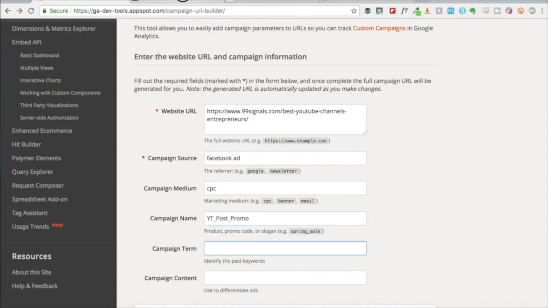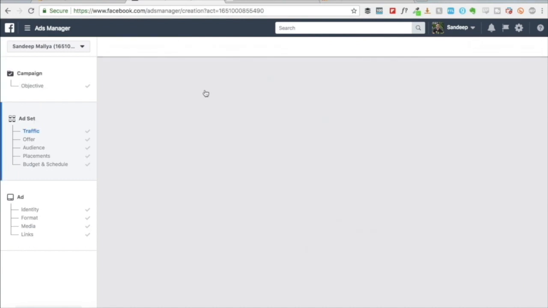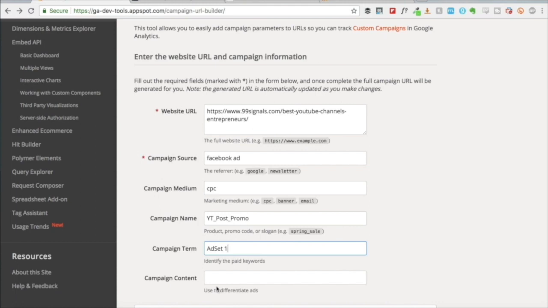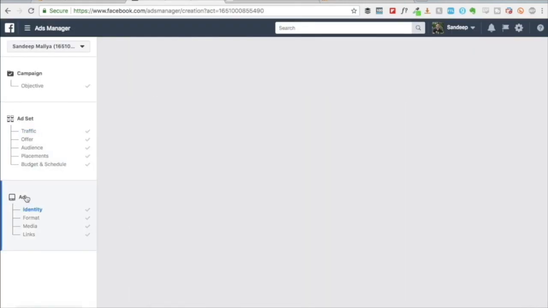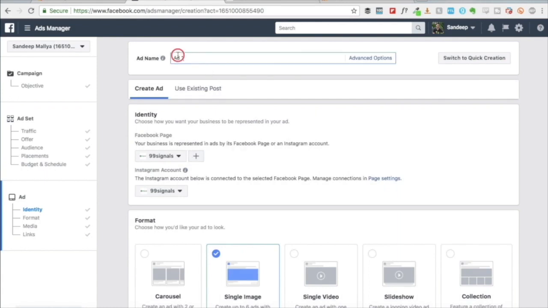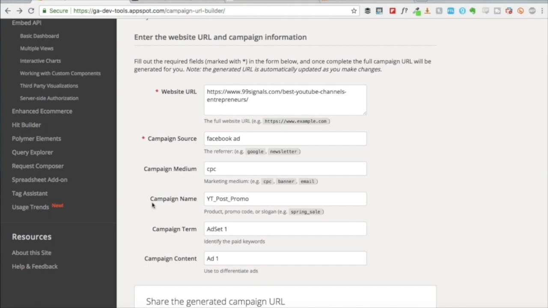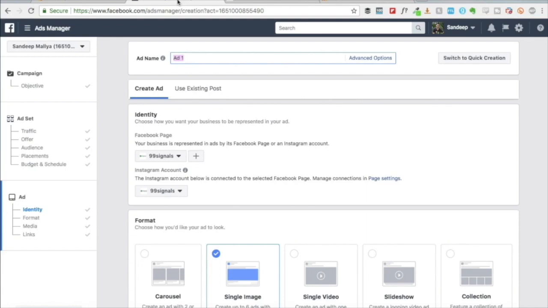For campaign term, go to ad set, copy the ad set name, paste it here. Campaign content, go to ad and then copy the ad name and paste it here. So you would want this information, these three fields, to be identical to the information that you have entered in